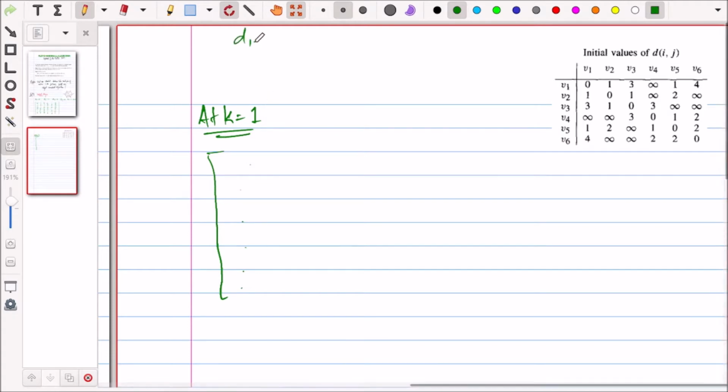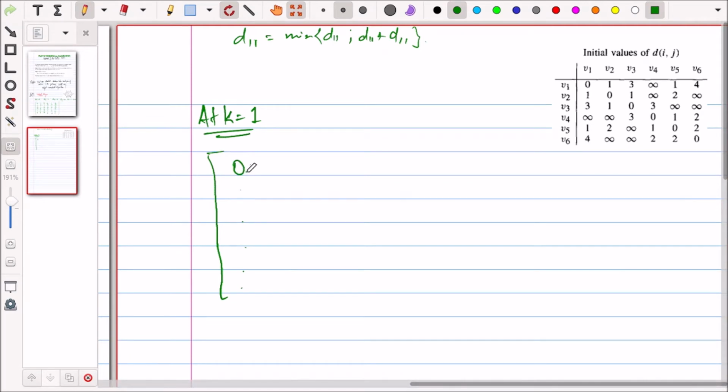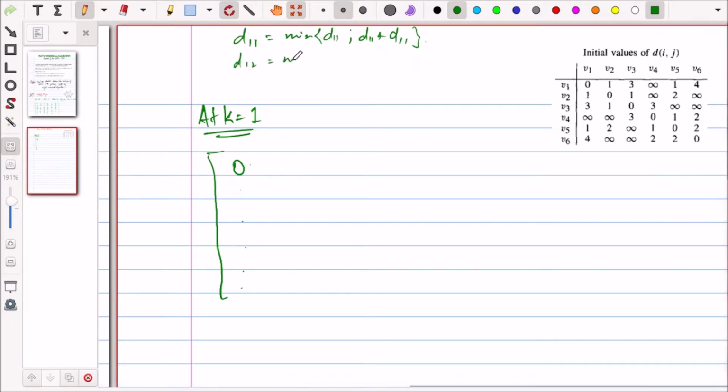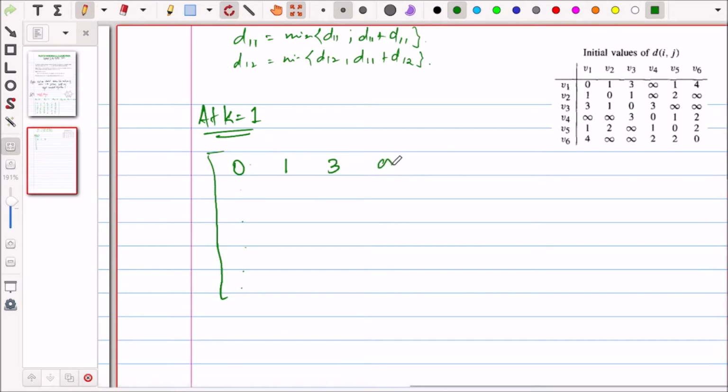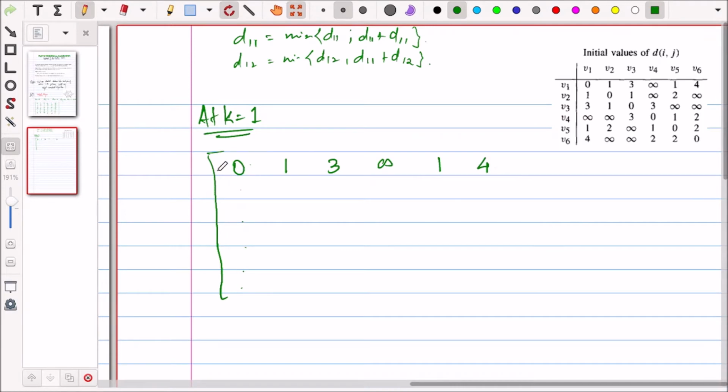अब k इक्वल टू 1 है, so d11 क्या हो जाएगा अपना, d11 is equal to minimum of d11 comma d11 plus d11 which is again 0, right? ठीक है. अब d12 निकालो, d12 is minimum of d12 and d11 plus d12, so which is again d12 इस केस में भी, so it is same 1, सेम ही आ जाएगा ये पूरा क्योंकि अभी 1 ही लिया हुआ है k इक्वल टू 1, सो ये फर्स्ट स्टेप तो पूरा सेम आ जाएगा क्योंकि d11 0 है हमारा और बाकी सेम का सेम है, सो इट विल बी सिमिलर, राइट? यस, और इट्स सेम क्योंकि ये सिमेट्रिक रहेगा, सो इट विल बी दिस।